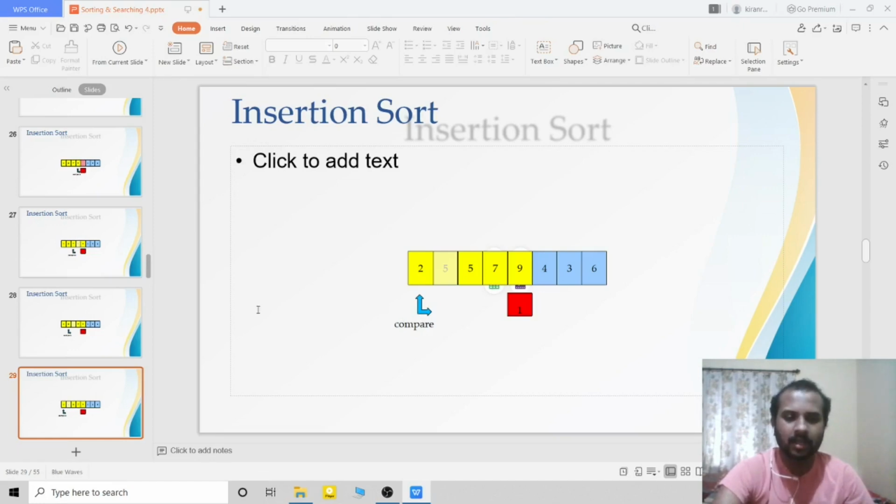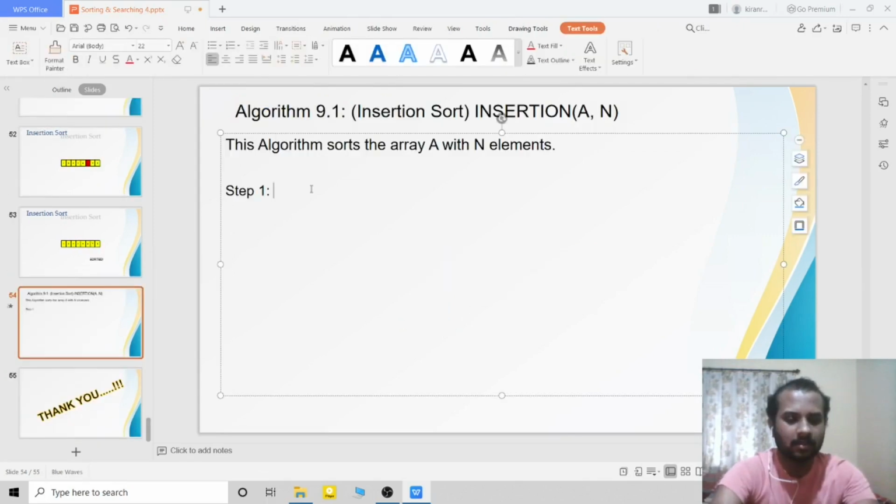So what I'm going to do, I'll point out that A of 0 is the least element, the smallest element. So let me do that first. Set A of 0 := minus infinity.